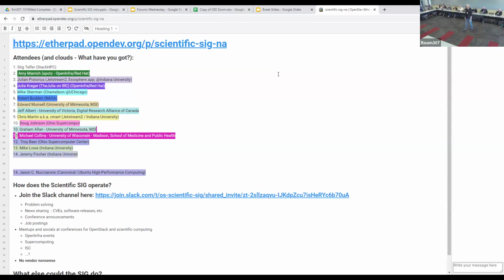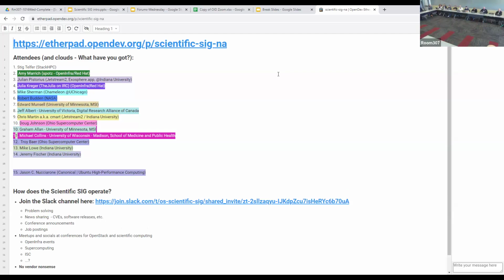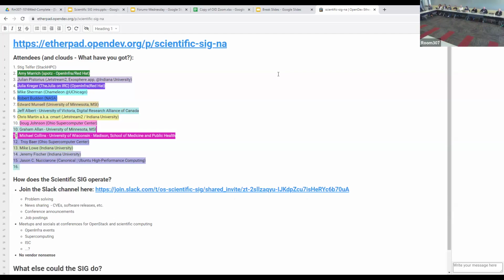Thanks. So I'll pick up that toss and go with it. I think that's a good way to start. Talk a little bit about what we're doing and what works and doesn't for us. So I'm Jeff Albert. I'm the manager and architect of advanced research computing infrastructure for the University of Victoria in beautiful British Columbia, Canada. We operate the Arbutus Cloud, which is an OpenStack cloud, about 44,000 vCPUs, about 35 petabytes of Ceph behind it. And that's a national infrastructure component for Canada.